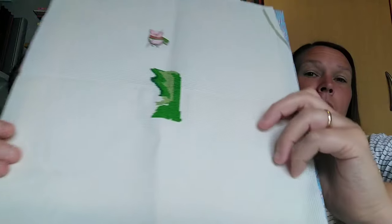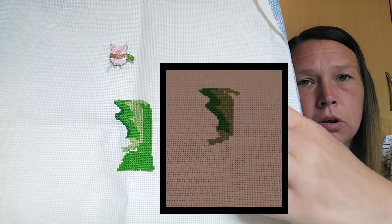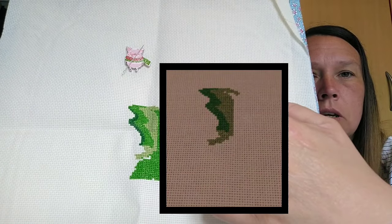So this one is stitched on, everything included in the kit as well, which is a 16 count Aida, white, and all the threads and stuff are in there as well. So I will put a picture up of the last time you saw it. Again, you're not going to really notice what I've done. Well, I hope you would if I put the picture up, but I have worked on this